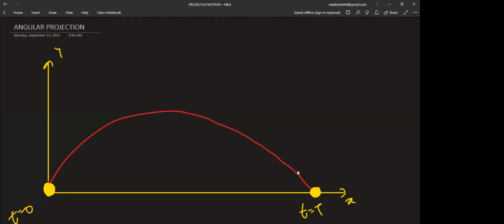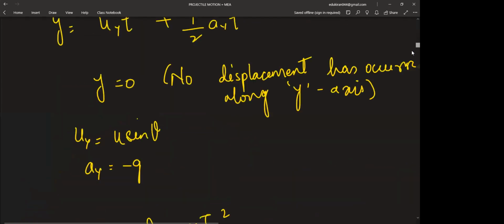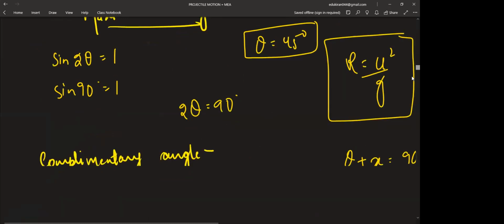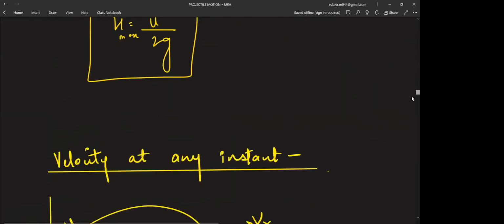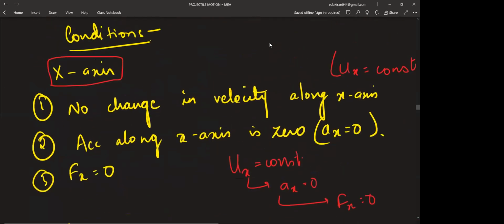This kind of motion is usually called projectile. But there are certain conditions which we associate with the projectile motion. It's not just the movement of a ball or just this shape. If those necessary conditions are fulfilled, then we say that the particular body has, I'll show you that, wait. This is it. These are the conditions. Like along x-axis, there has to be no change in the velocity and all this I'll show you.